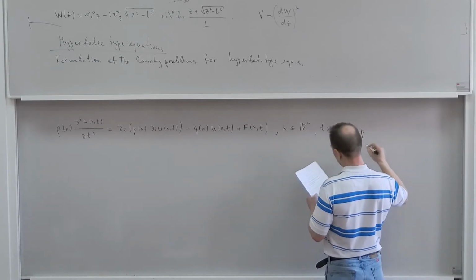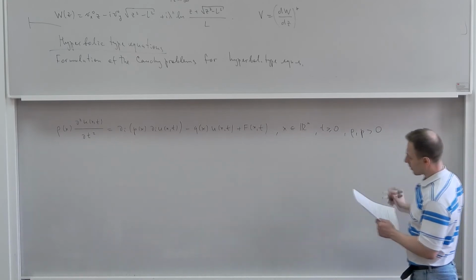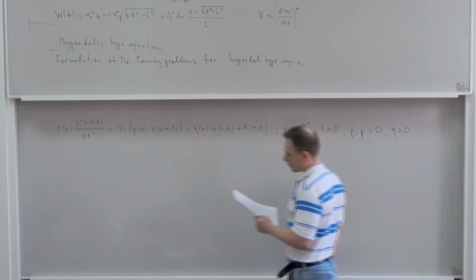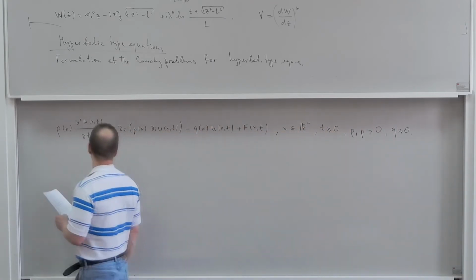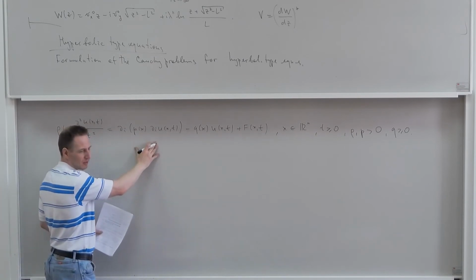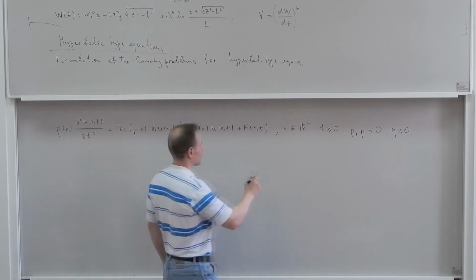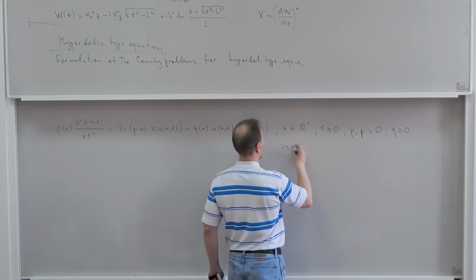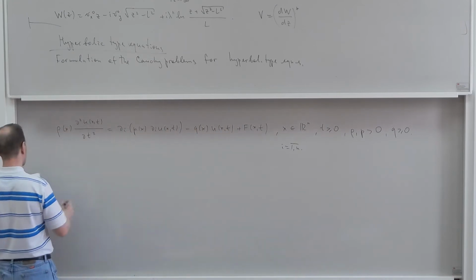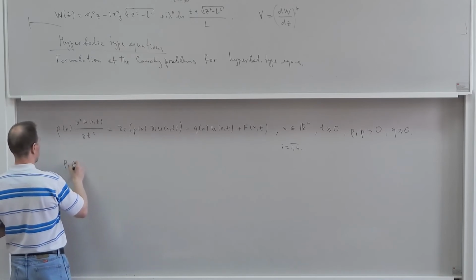Rho and p are strictly greater than 0, and q greater than or equal to 0, are some functions. And here the summation over repeated indices is understood. i runs from 1 to n, and we suppose that rho and q